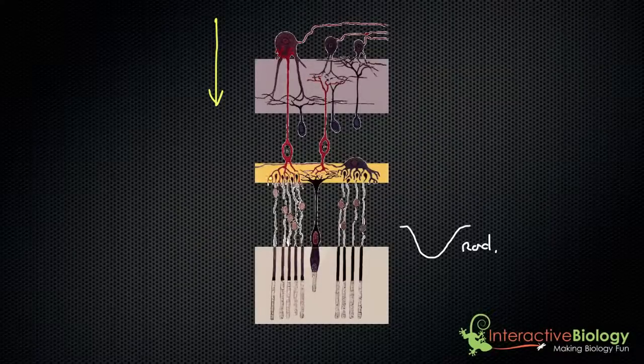Now the rods are connected. You can see here there are a number of connections to the bipolar cells. The neurotransmitters that are normally released here are inhibitory. So when it stops releasing those neurotransmitters, it is no longer inhibiting the bipolar cells. And what's going to happen to the membrane of the bipolar cells is that we're going to get a depolarization. So it's basically the exact opposite of this hyperpolarization. Here we're going to get, in the bipolar cells, depolarization. So let me write here bipolar